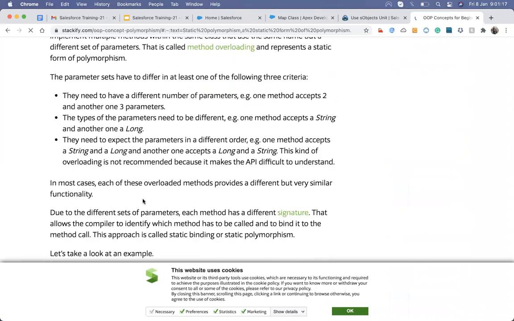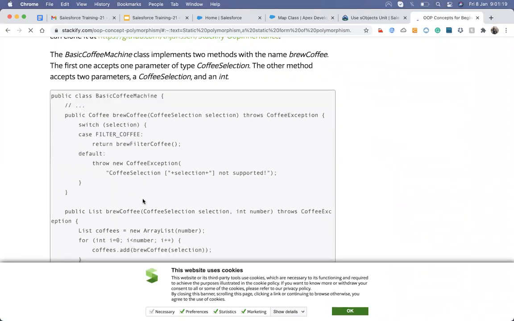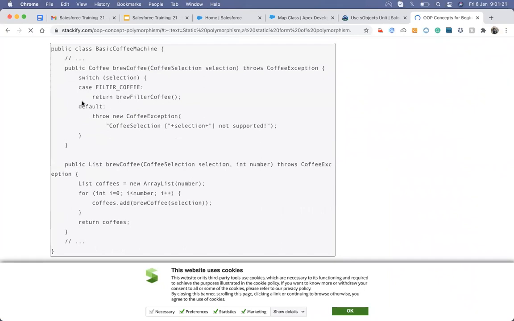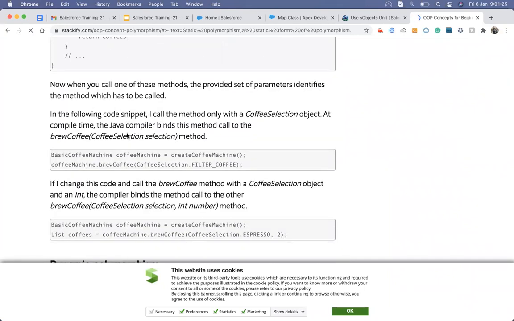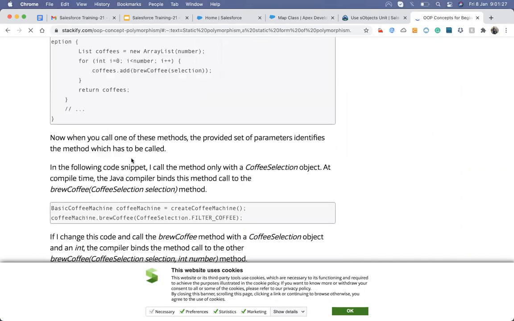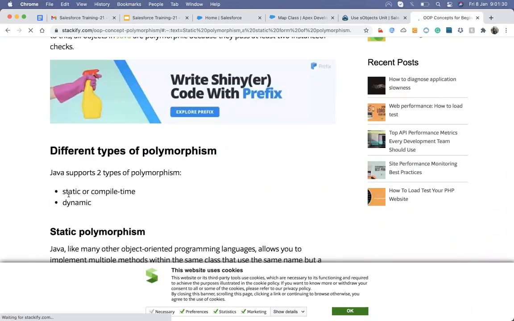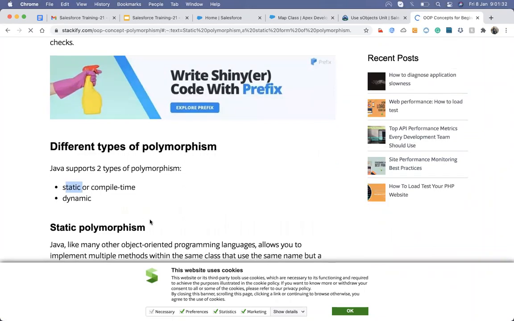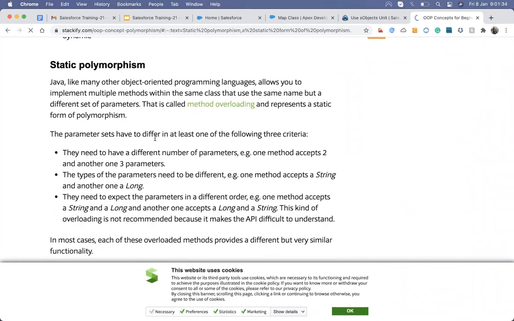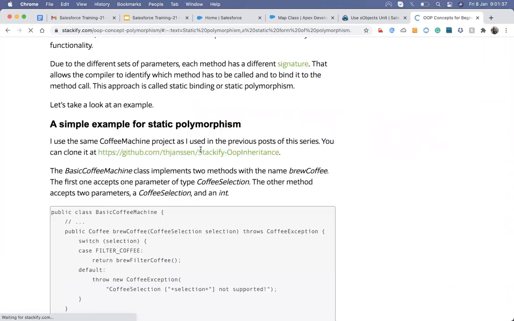What are we doing? This is the thing: see, declare brew coffee, and what does it call? It's a different type of static polymorphism. Method overloading.